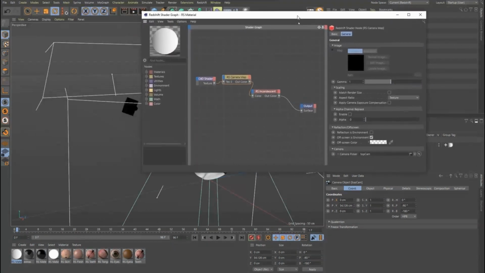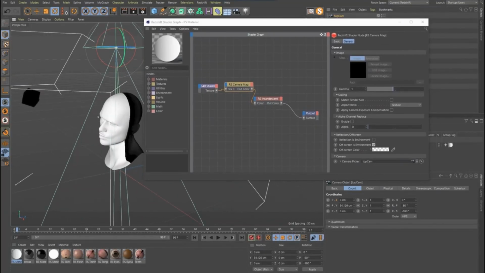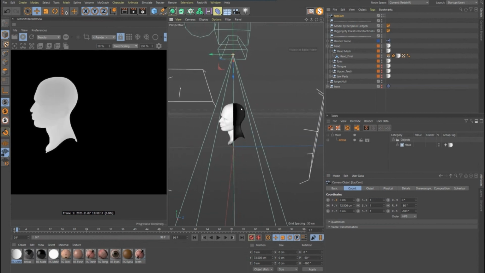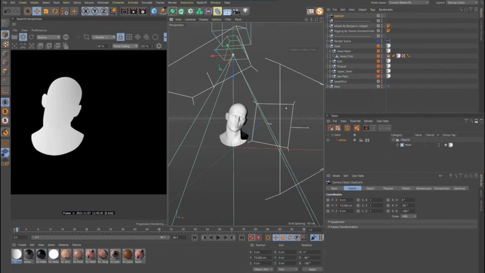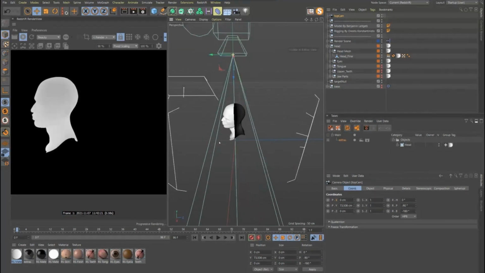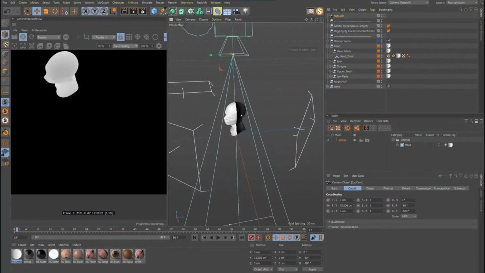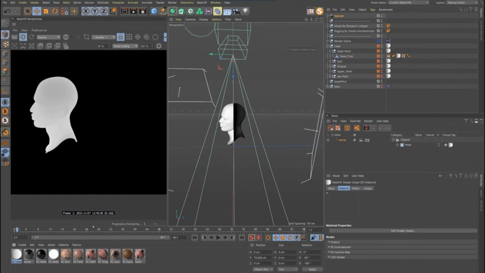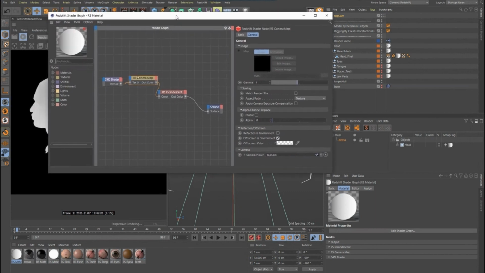Let's do that. Now if we go back to this, we get everything inside the cone of the camera, right? And then we want to adjust our gradient. If we look at it right now, our gradient is not really going front to back. Let's open this up.